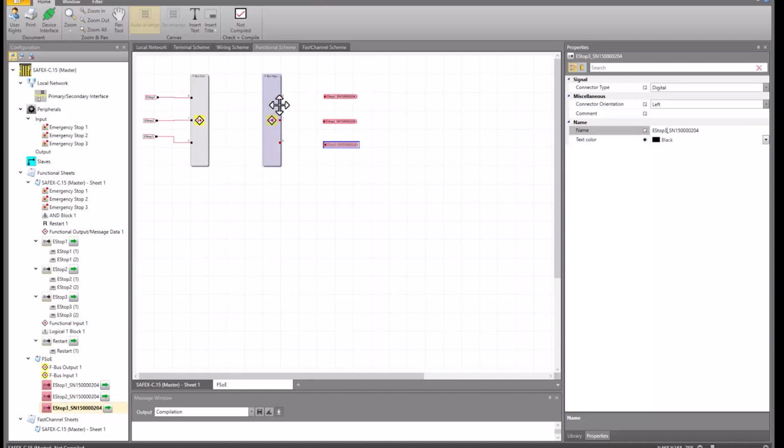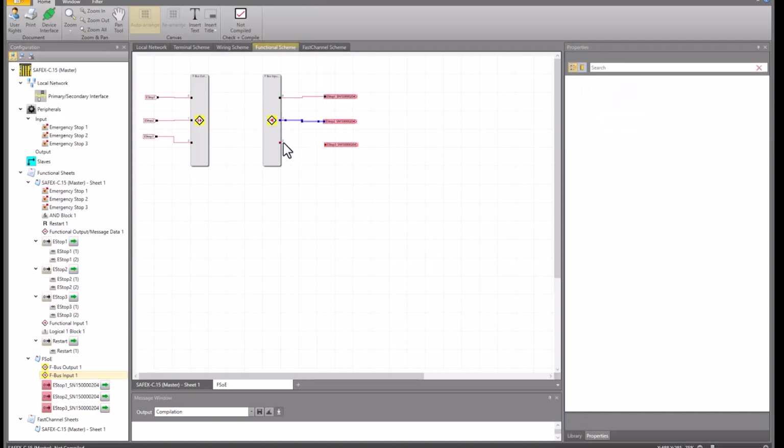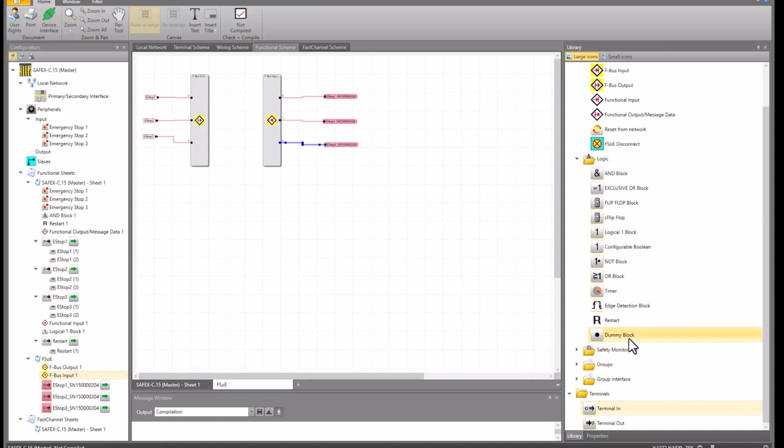So now still connect. We see there is still some red. This means that I also have to put these signals on a dummy block.